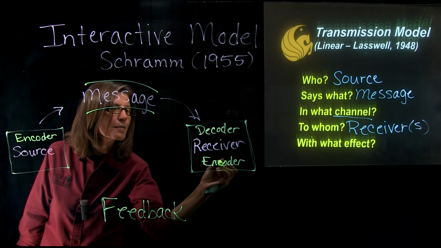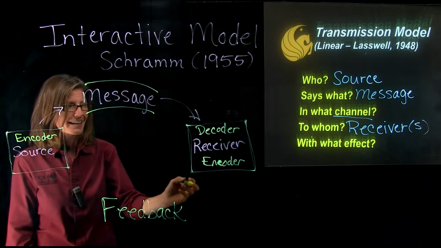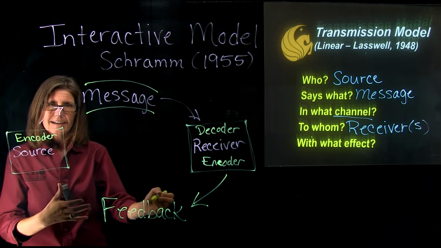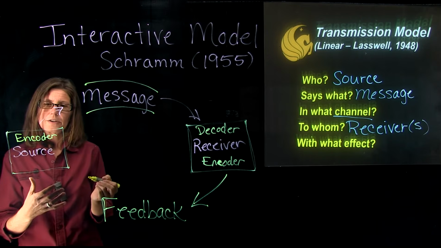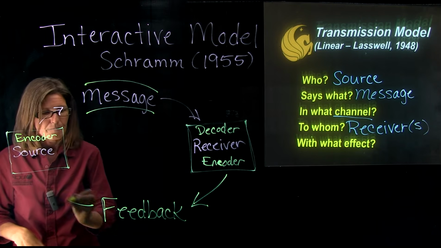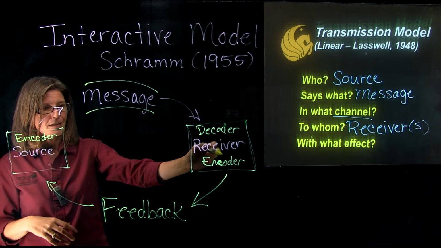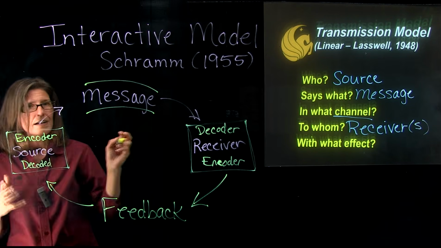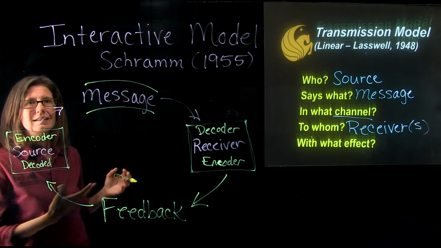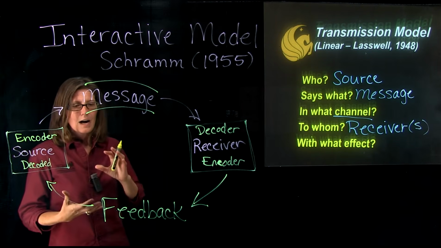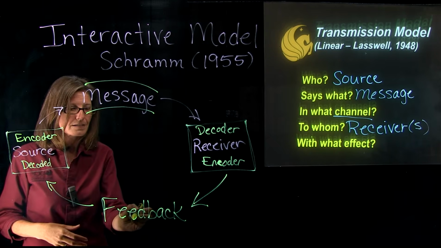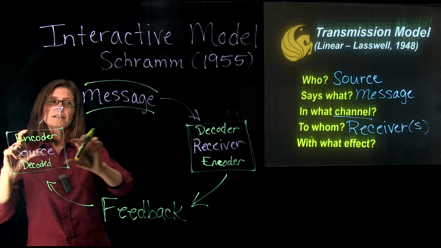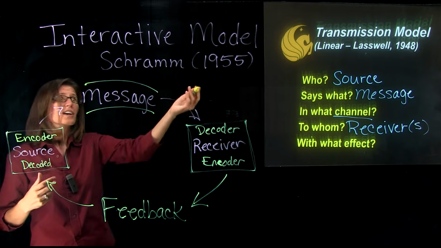And when they encode a message, trying to make that C a little bit better so it doesn't look like an E, they go ahead and they encode that feedback that they're giving back to the receiver, or excuse me, the source. And so the feedback is being encoded by the receiver, and then it's being decoded by the source. Of course, we can see all kinds of communication problems that happen in this encoding and decoding process, miscommunication, in terms of the way that we interpret messages that are different than the way that they were intended.